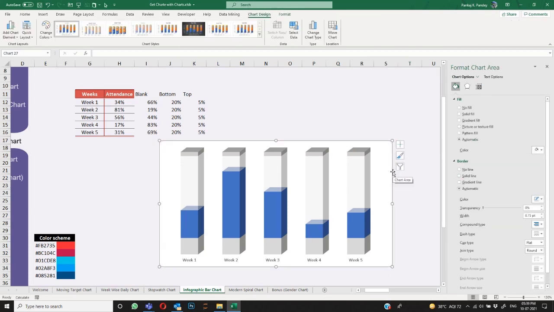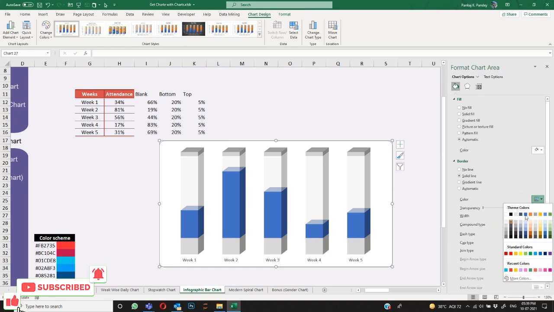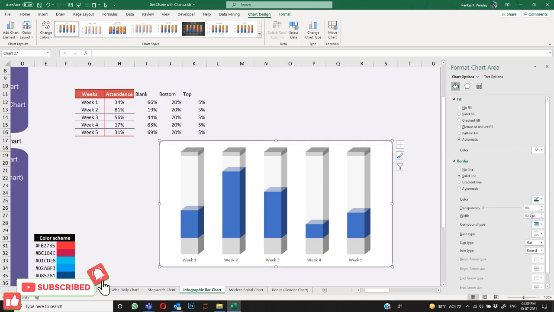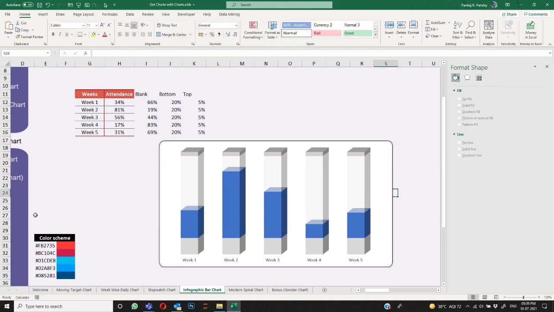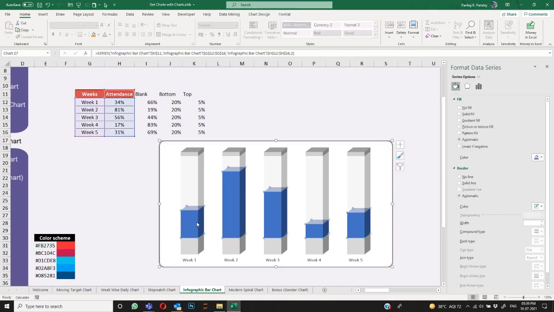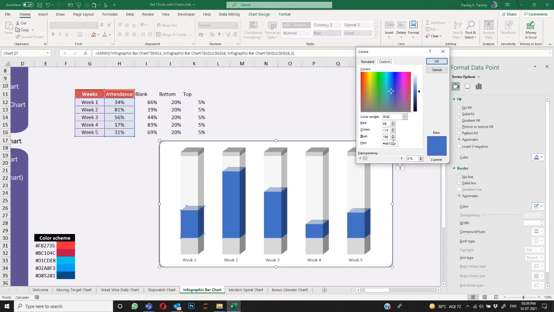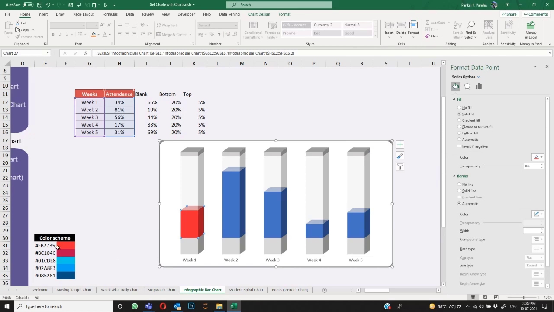I'm just going to give this chart a little border, solid line, 2, and then double line. The last thing pending is giving the color. So I'm going to use this color set. I have this 5 color set. Select this bar and double click it to select only this particular data point in the series. Go to more colors and done.